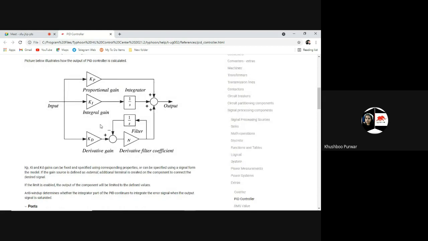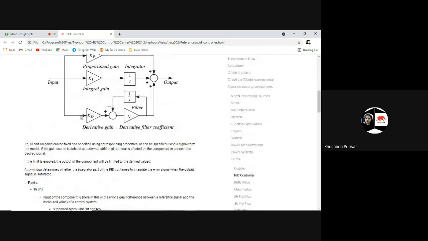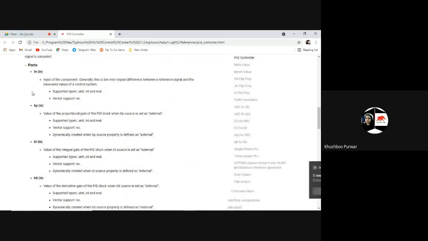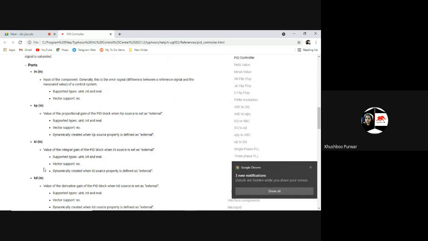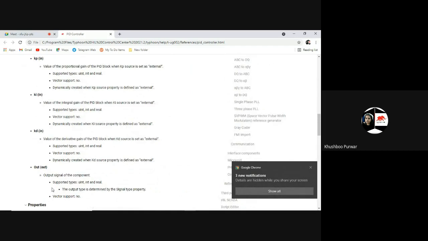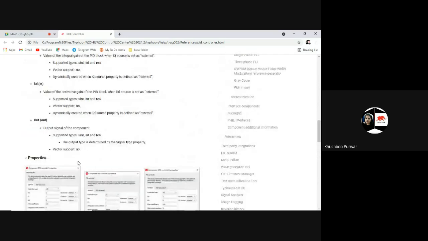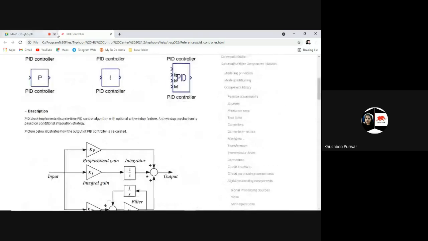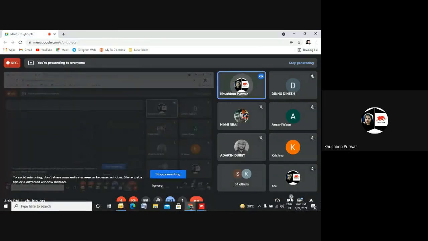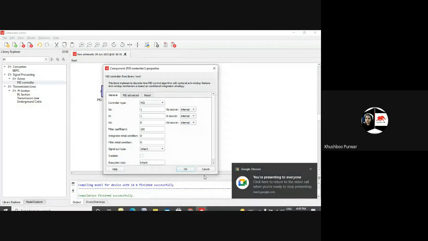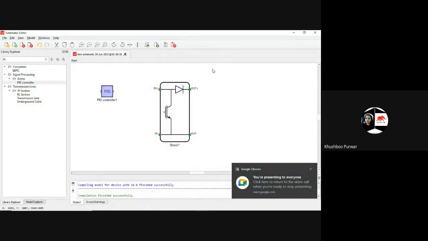This is the design of the PID controller, and with the help icon you can go to KP, KI and KD. You can get to the properties as well. You can go through this document after the session. Okay, so coming back again to the schematic, I'm just letting you know what the three components are which we are going to use.